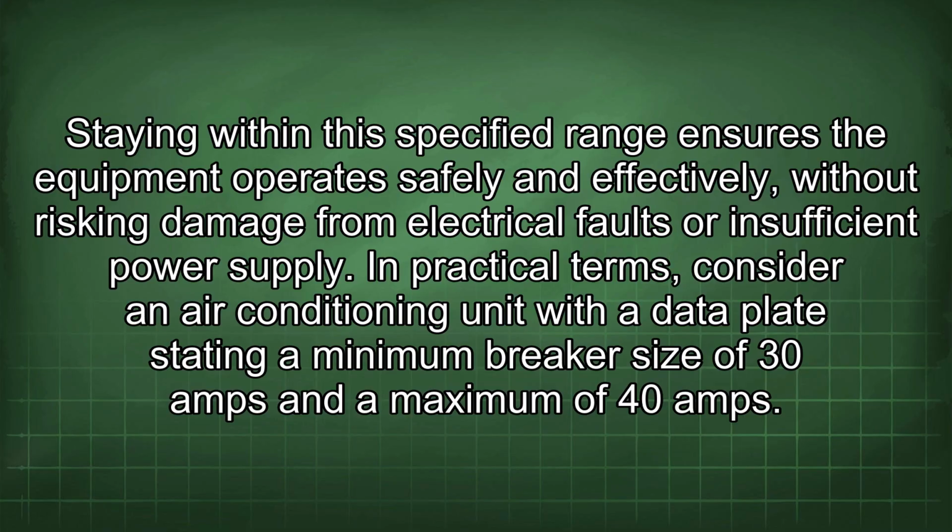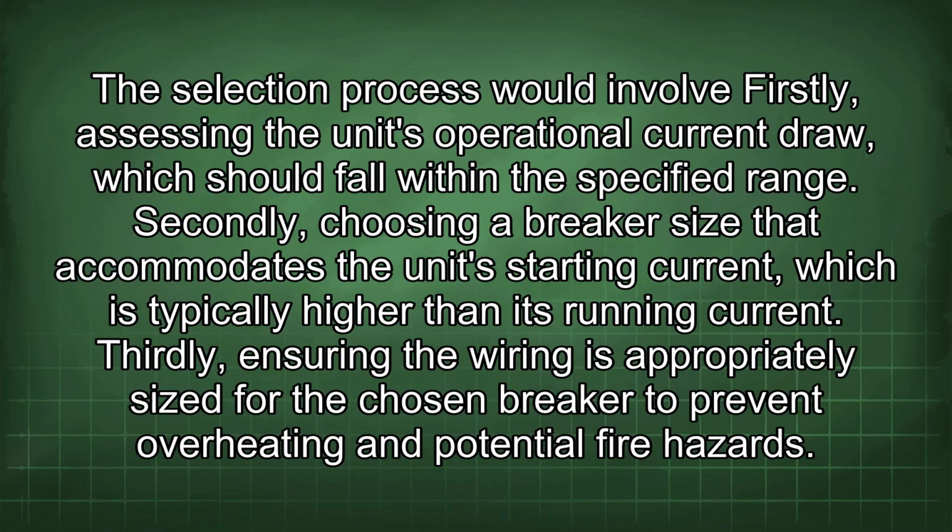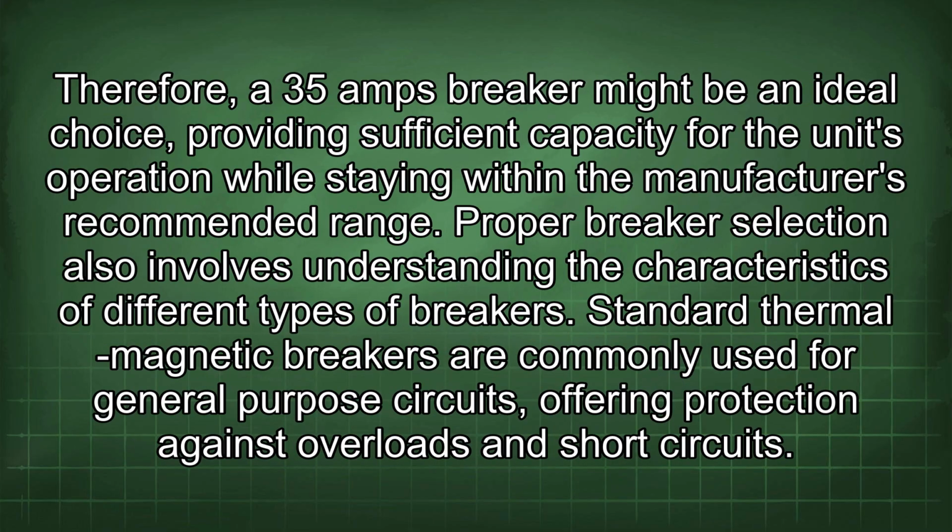power supply. In practical terms, consider an air conditioning unit with a data plate stating a minimum breaker size of 30 amps and a maximum of 40 amps. The selection process would involve firstly assessing the unit's operational current draw, which should fall within the specified range. Secondly, choosing a breaker size that accommodates the unit's starting current, which is typically higher than its running current. Thirdly, ensuring the wiring is appropriately sized for the chosen breaker to prevent overheating and potential fire hazards. Therefore, a 35 amps breaker might be an ideal choice, providing sufficient capacity for the unit's operation while staying within